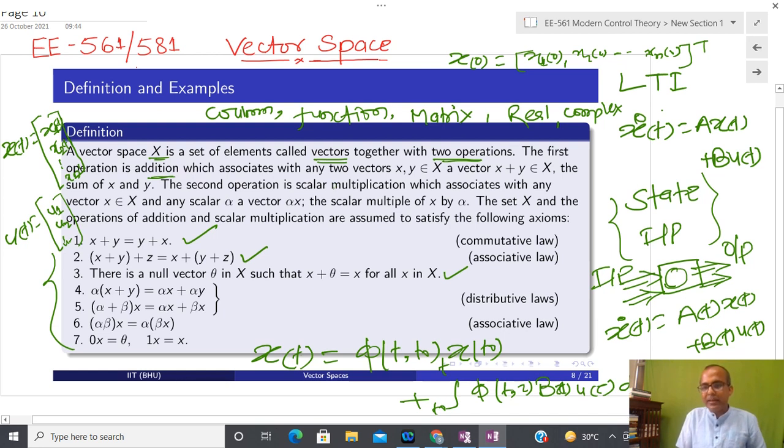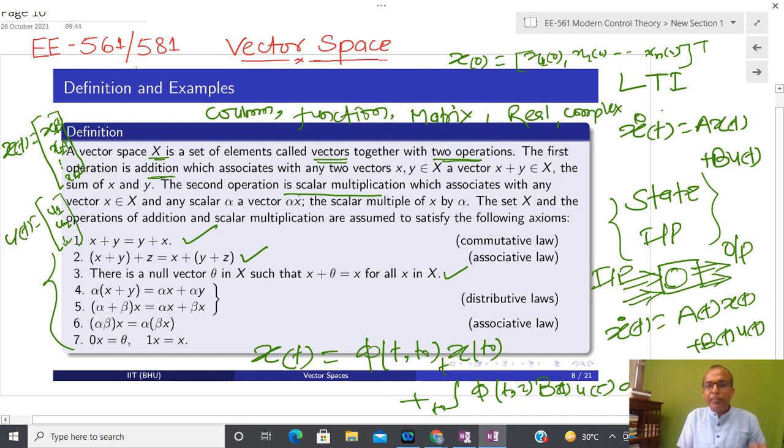I will give you certain examples here, because in the previous class we observed that when I had only positive real numbers, I had a certain kind of restriction with respect to addition when I was talking about the field. We are going to see how we can resolve that difficulty just by defining the operation in a different way. The second operation is called scalar multiplication. You can see that the word scalar is used.